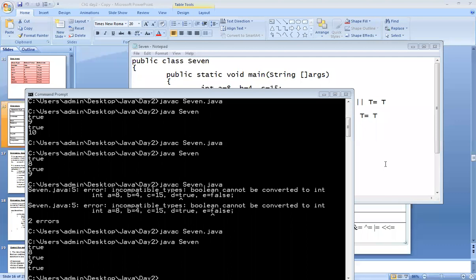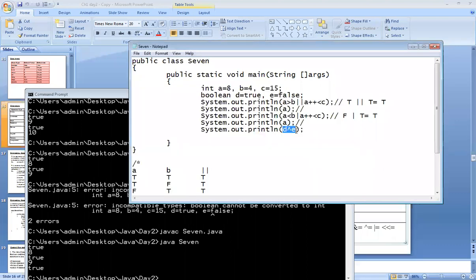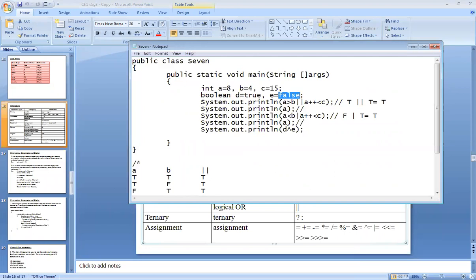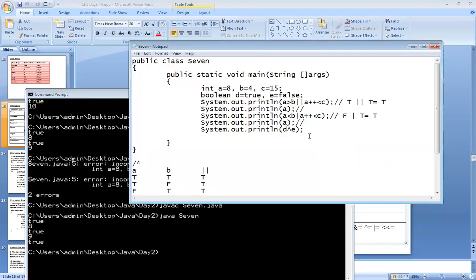Now see what we have done. We have written here the exclusive OR operation with D and E. For D, we have passed the value true, and for E, we have passed the value false. So, whenever you check this bitwise exclusive OR operation, you should know the truth table for this one. So what is the truth table? True, false generates true. So, you can check each and every value by changing the Boolean values of D and E. It is a normal exclusive OR. There are no differences there like logical and bitwise. So a normal operation is there.